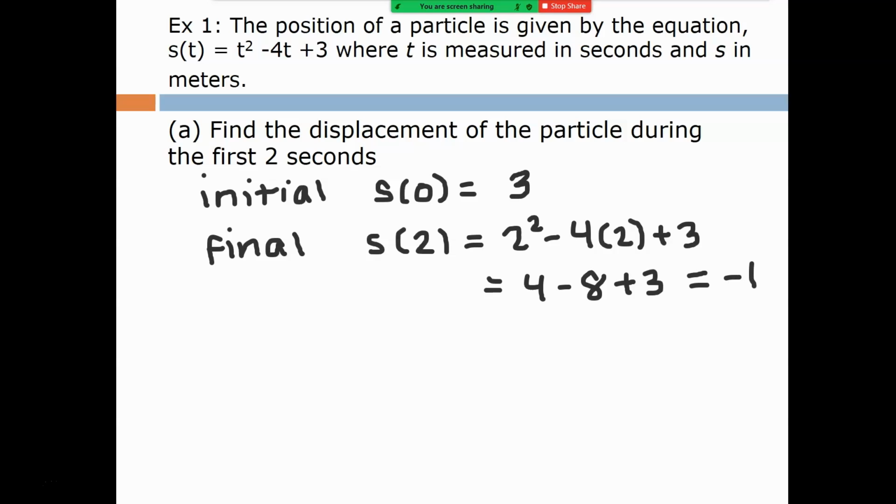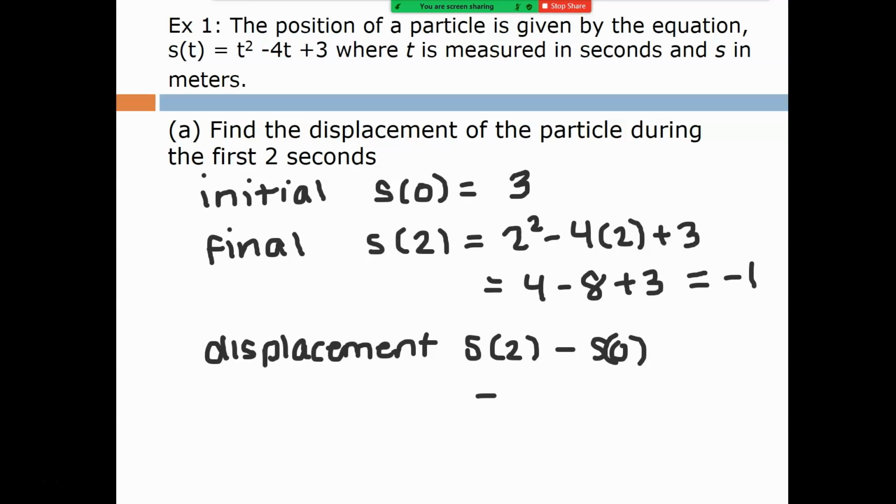is negative 2 squared is 4. All right. I thought I maybe missed a value for a second. Is negative 1. So our displacement is final minus initial, or negative 1 minus 3,